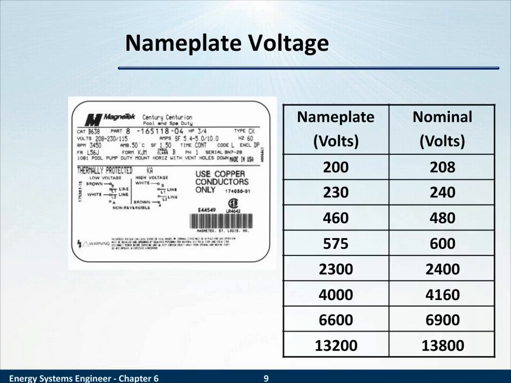So what should we consider when we consider nameplate voltage, or the nameplate in general? The first thing you'll notice is horsepower. This happens to be a nameplate for a 3/4 horsepower pool motor. The voltage says 208-230/115. We'll discuss that in a minute. And then is the amp rating,